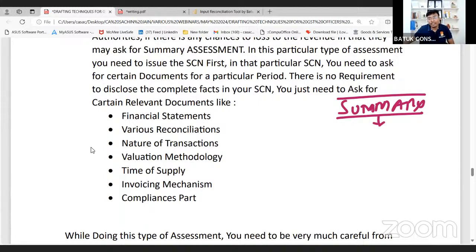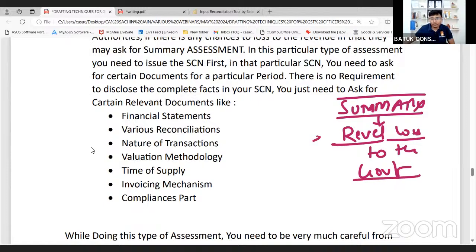So summary assessment will be done whenever there is a revenue loss to the government. It seems that if we are not going to take the case for the scrutiny and for the assessment, in that case there may be chances of the revenue loss to the government, hence we have to do this summary assessment. So that will be called a summary assessment, and in that case also